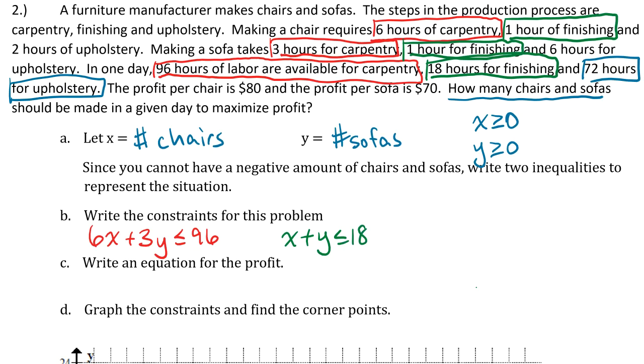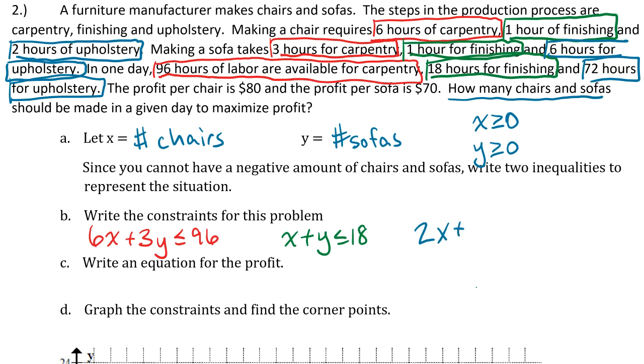Our last constraint is that 72 hours for upholstery. So we know that chairs take 2 hours for upholstery, and then 6 hours for upholstery for the sofas. So it's 2 hours per chair, so 2x, plus 6 hours per sofa, so 6y, is less than or equal